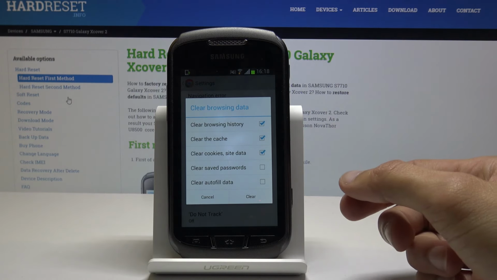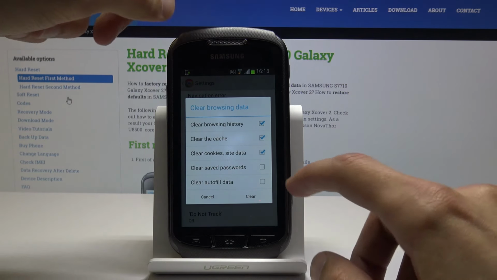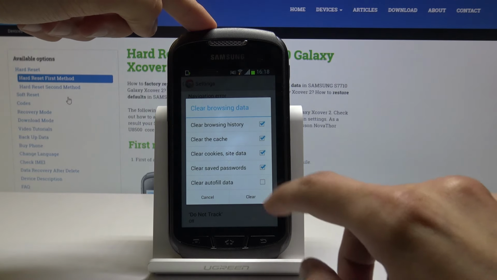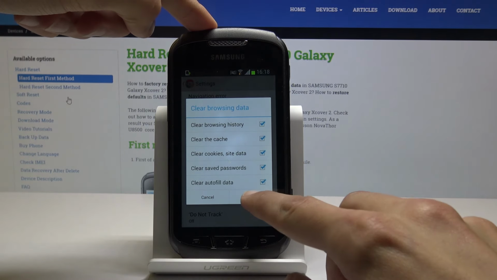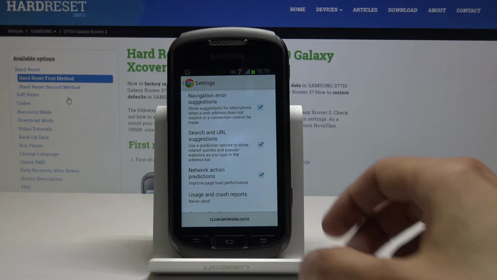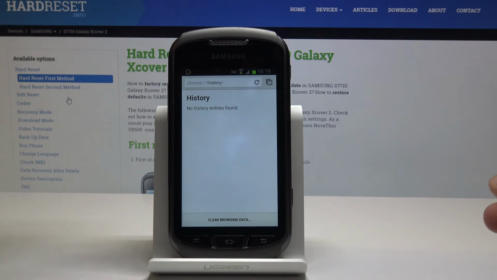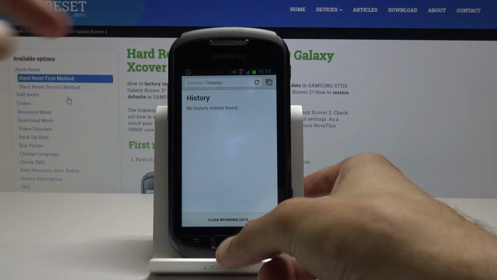I advise on keeping all of those checked in. And for safety you can add passwords and autofill data and tap on clear. And now if you go back, everything is gone. So that is basically how you clear